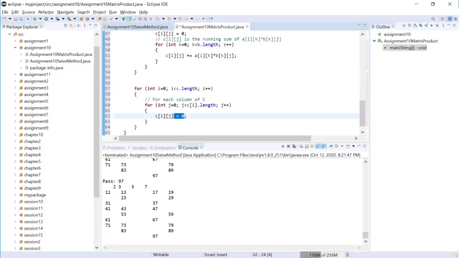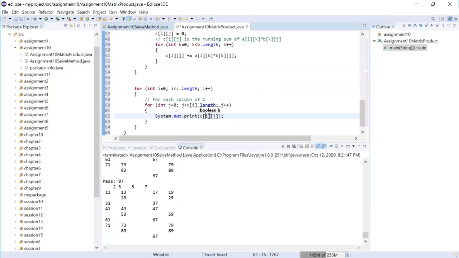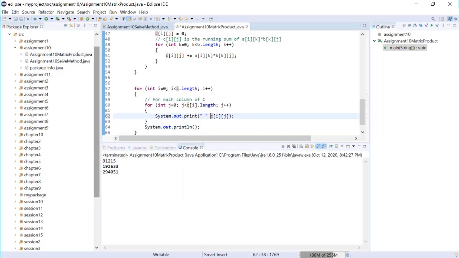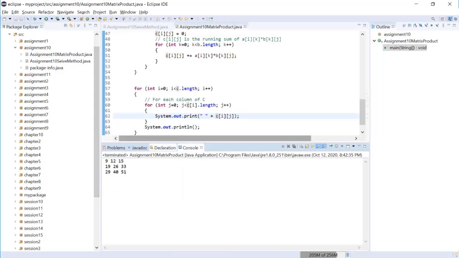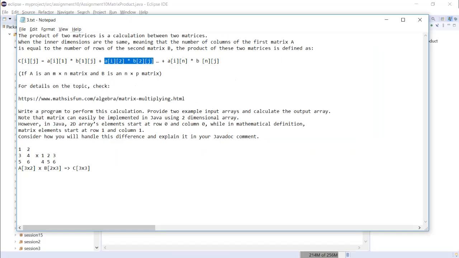So instead of setting this to 0, we're going to have a System.out.print. Note that this prints out each element, so we will need to print out a line after the row is completed. So let's run it. Oh, I need to add the space. And you can see, let me move this a little bit down. And here, if I move this up,